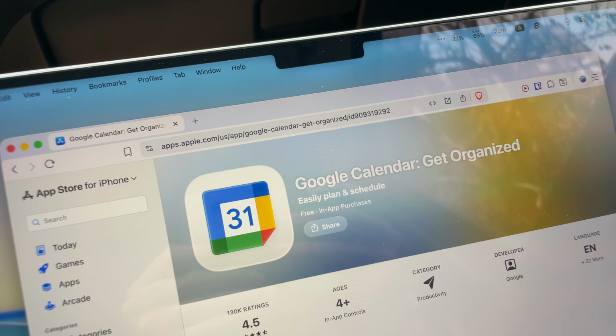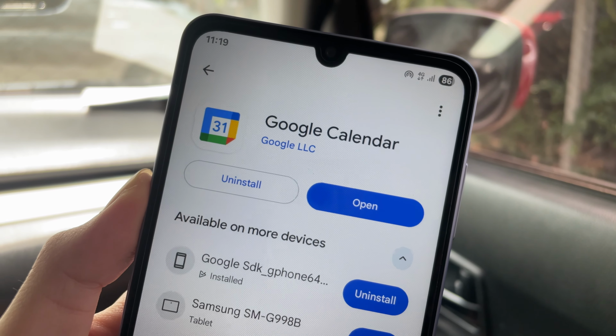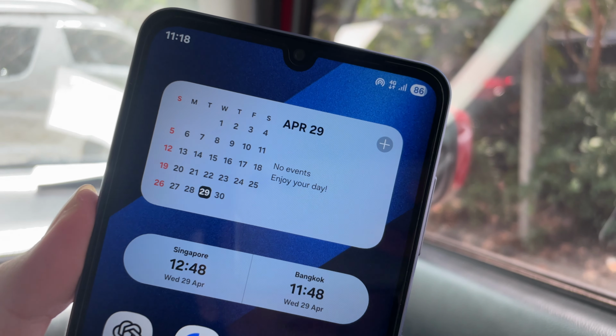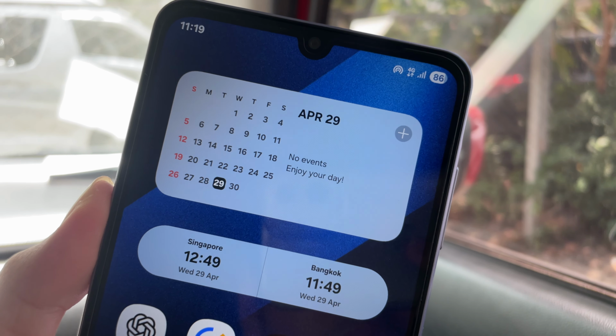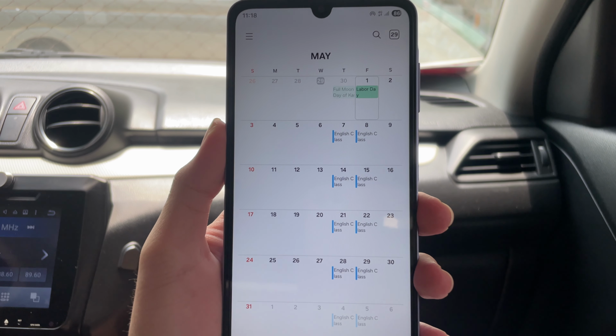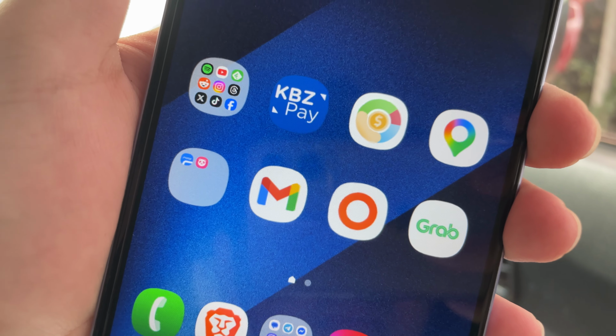Both Gmail and Google Calendar are available on both iOS and Android, and as for desktop platforms, web apps are available. Personally on mobile, since I prefer the native design of Samsung's One UI, I simply sign in with my Google account and give the default calendar app access to it. So now I've got the same events but in a UI design that I prefer. For email though, I just use the Gmail app, and on Mac it's self-explanatory, I use the web app.